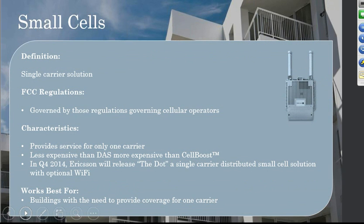Your solution. Number 3, small cells. This is a single carrier solution, and it is governed by the regulations governing cellular operations. The thing to note about this type of solution, and you may have seen the ads on TV for a couple carriers, I won't name them, but it's a solution for one carrier, and it's sold by that carrier. It's less expensive than a DAS, more expensive than our CellBoost product, but if you've got a problem with one